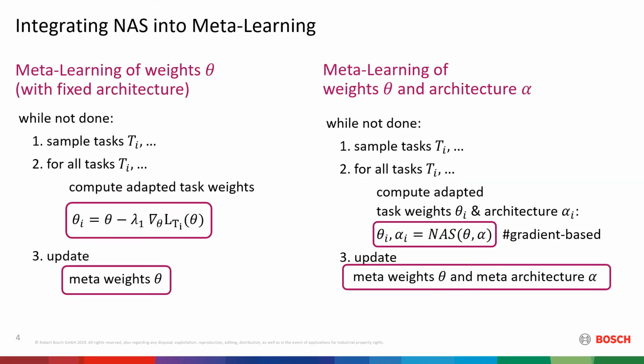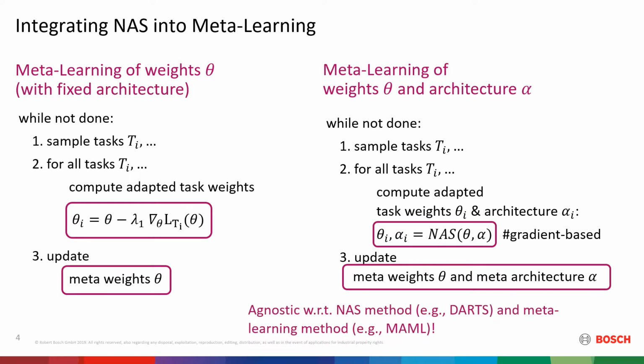On a high level, within the task learning process, we simply replace the updates to the weights by a gradient-based neural architecture search method to not only update the weights, but rather also the architecture. In the second step, on the meta-learning level, we do not only update the weights, but rather also the architecture. Note that this method is essentially agnostic with respect to the neural architecture search method used, as well as the